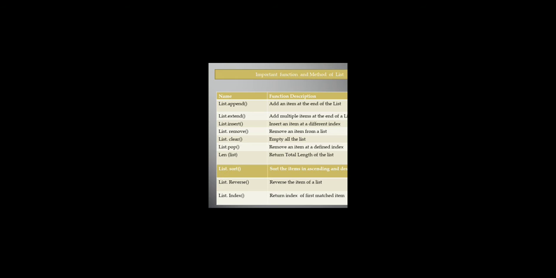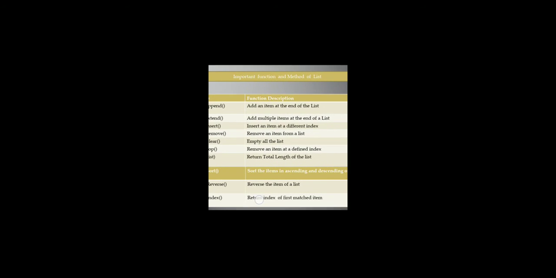Pop means, suppose I have a list of items a0, a1, a2, a3, a4. I have written pop(3). This means my item at the third index will be removed. Okay, len(list) is the function we have already done. It will calculate the length of the list, like I used with the help of a for loop, for i in range 0 to 3, in the last example we did. So it will calculate the length. You will mostly use this function.